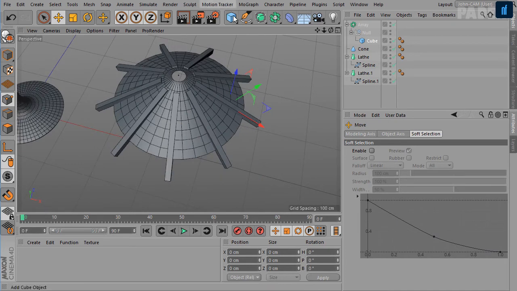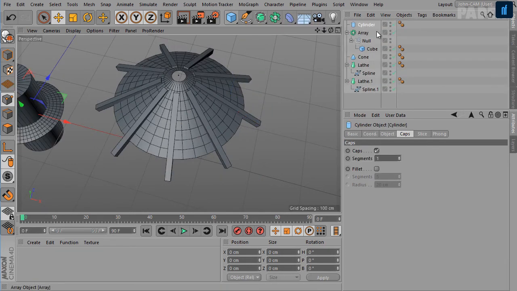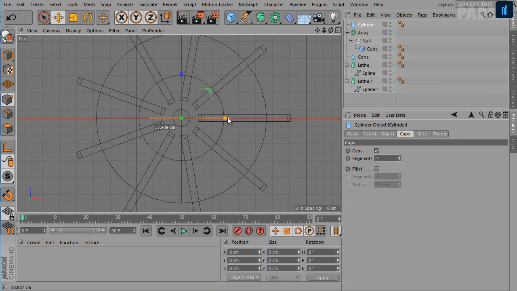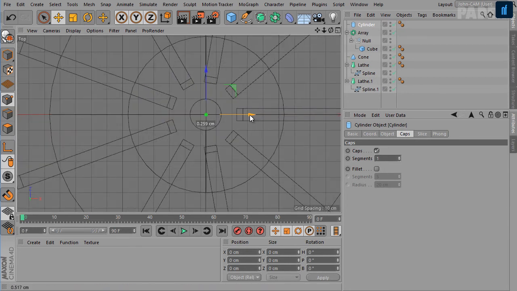Okay. Next thing we need is a cylinder. So go ahead and create a cylinder, and let's align it with the umbrella.